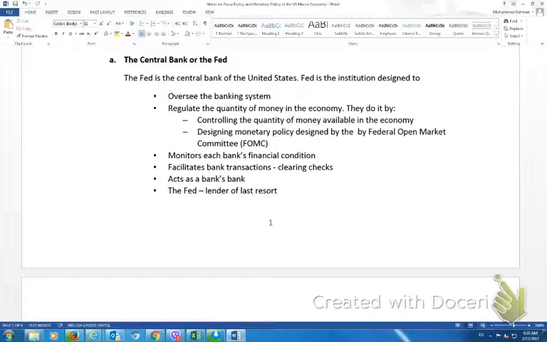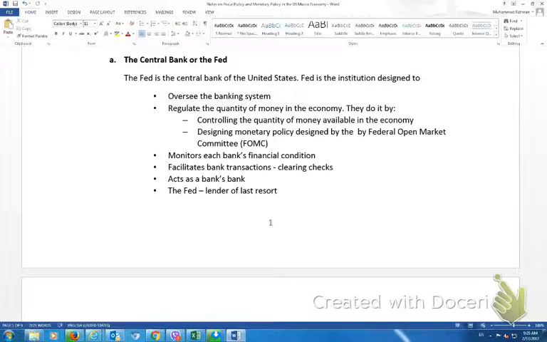I have already provided you with one example as to how these accounts could be used to facilitate transactions. There are other reasons why the Fed will want individual banks to have accounts with them. When we talk about other monetary policy instruments, we will have another look at it. But the most important reason why the Fed has all these accounts with individual banks is that